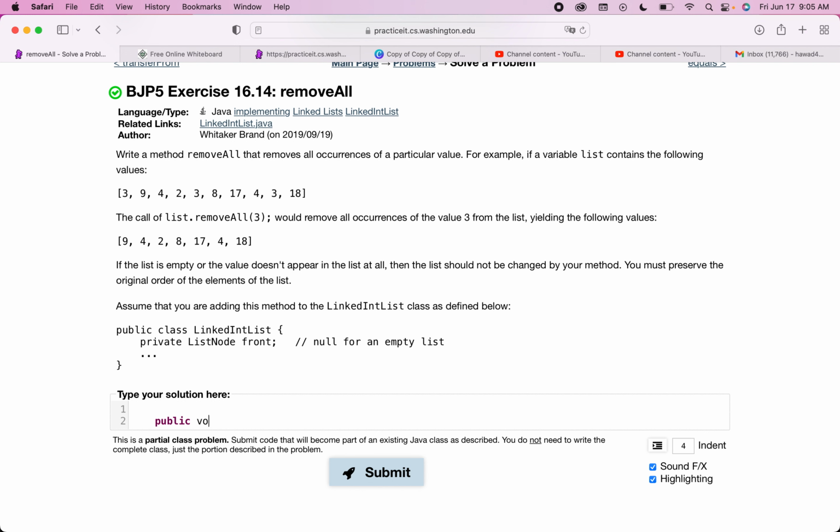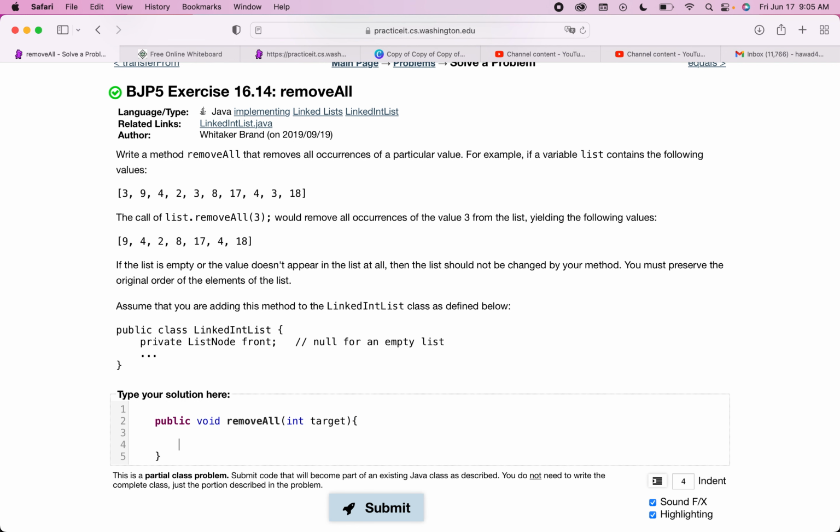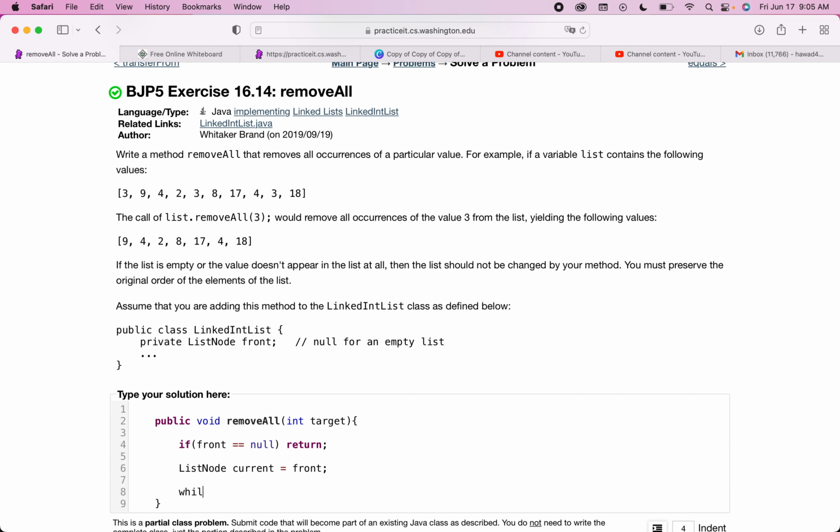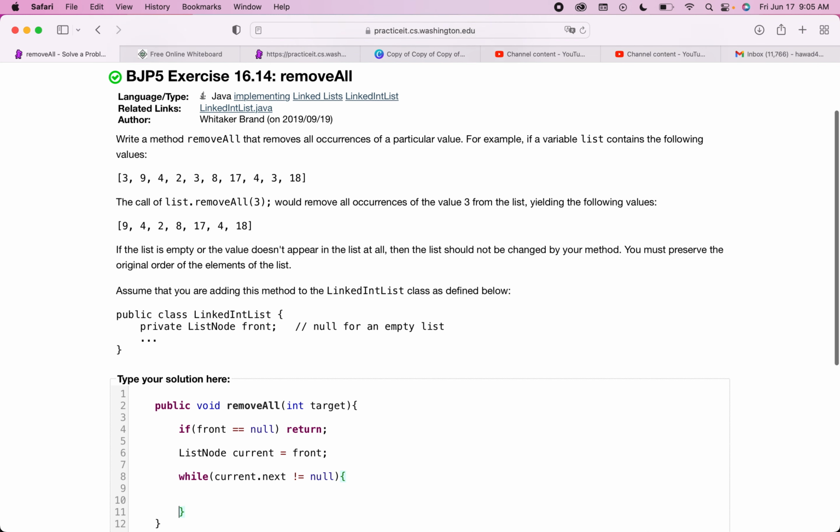Public void removeAll, and we're going to take in the target value that we want to remove. And then if the list is empty, we just want to return. We don't want to do anything to it. So I'll just say return. And then, ListNode current equals front. And then, since we're doing a one ahead implementation, while current.next does not equal null,